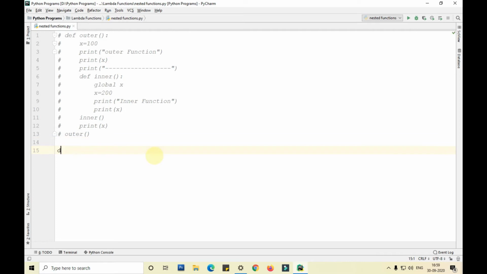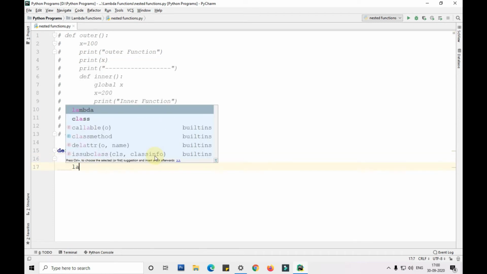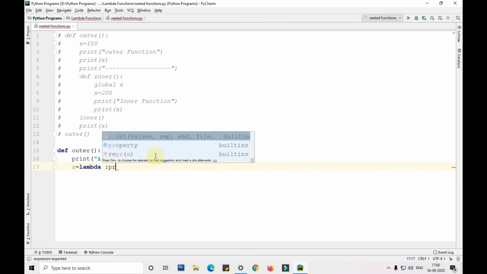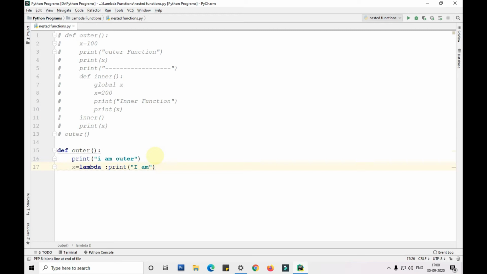Okay, def outer, I am lambda. Okay, now I'll run this program.